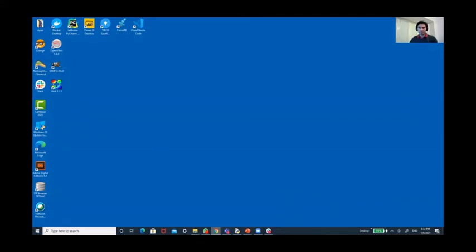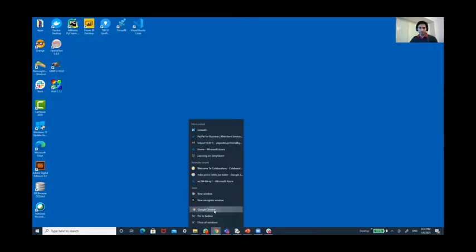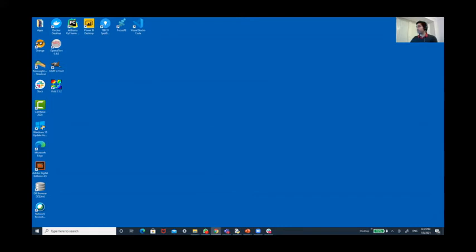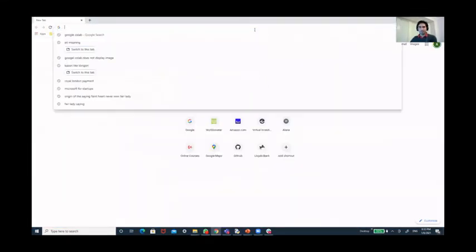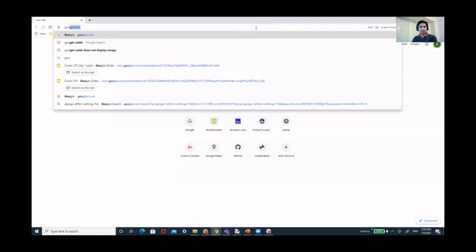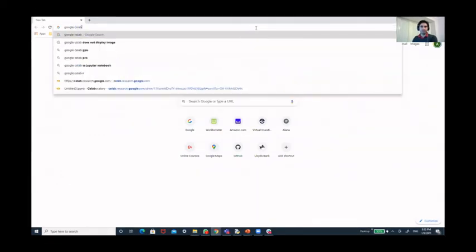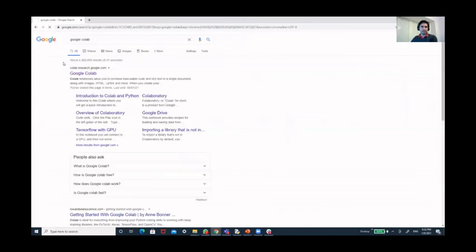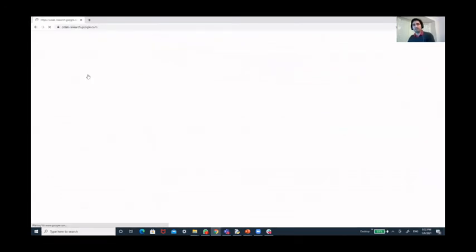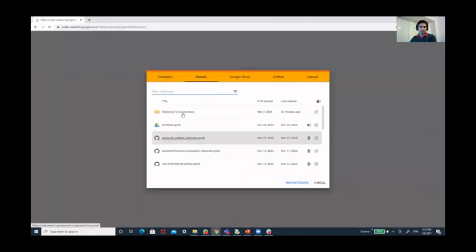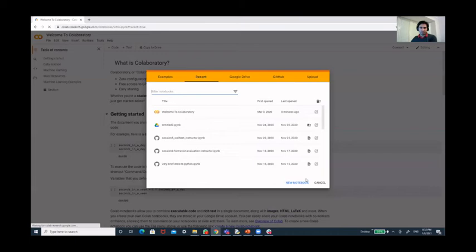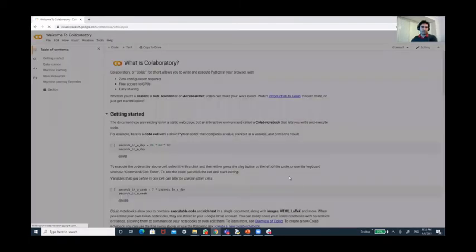So I'm going to start with my Google from scratch. If I go to Google Colab, I already have an account, and the first thing I'm going to do is write here a new notebook.